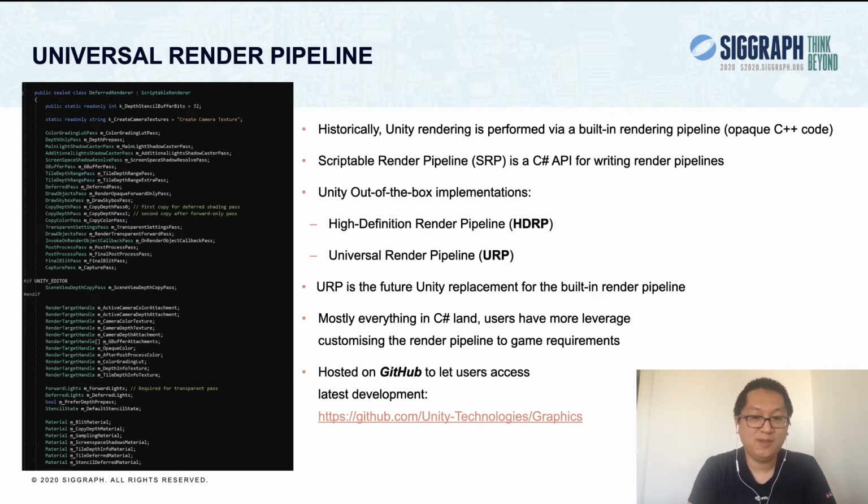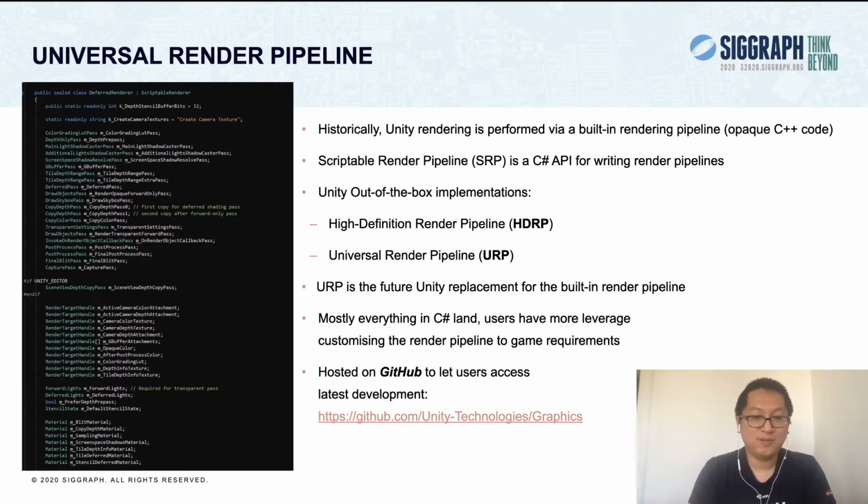And then we have the URP, or Universal Render Pipeline. That's a pipeline that is designed to run on all hardware, all platforms that Unity supports. So URP is the future Unity replacement for the built-in render pipeline.